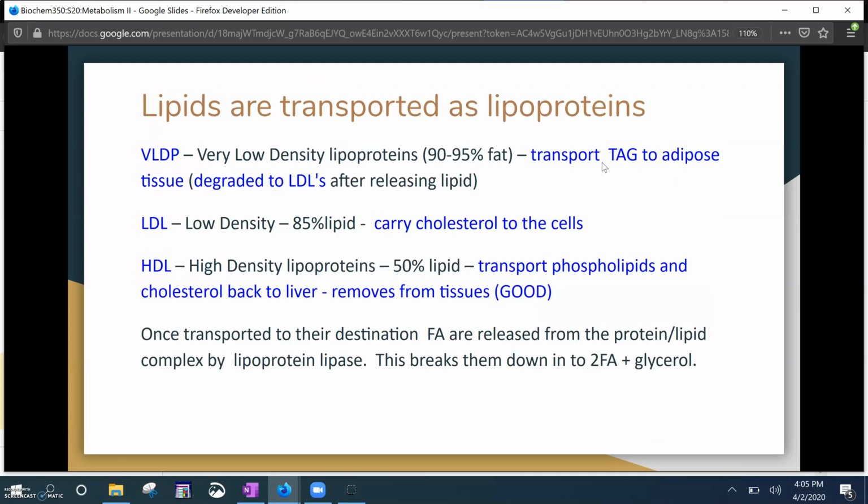So there are various different lipids that are transported as lipoproteins. VLDLs, which are the very low density, LDLs, which are low density, HDLs, which are the high